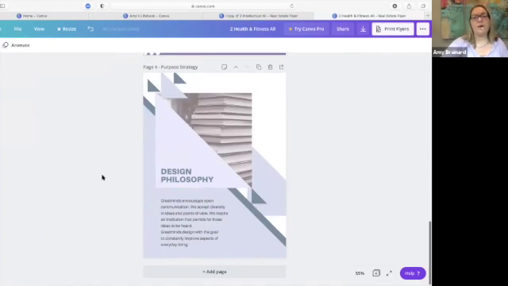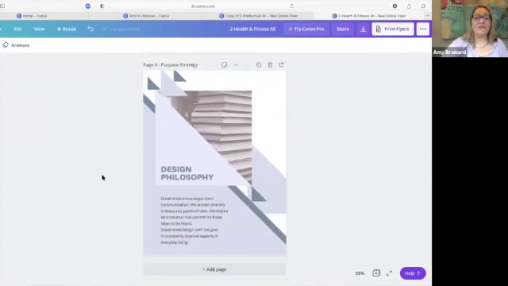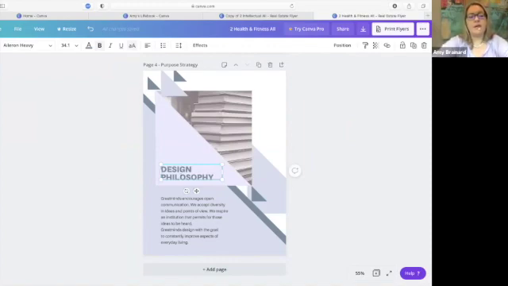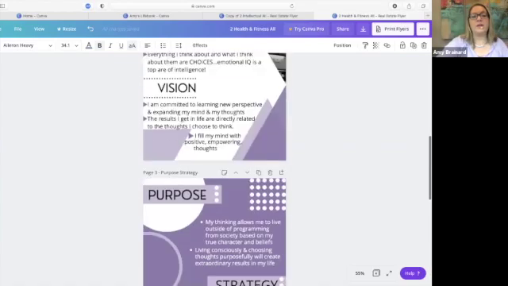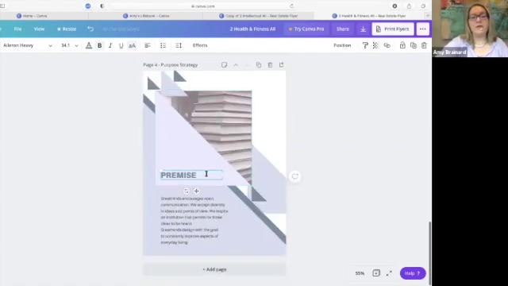Since we're keeping the color scheme, I actually really like this the way it is. But I want to put our two titles. I think I want to put premise here. So I'm going to change the text box. Let's also go back and check. Yes, I did it in all caps. Okay, so here we have premise written out,